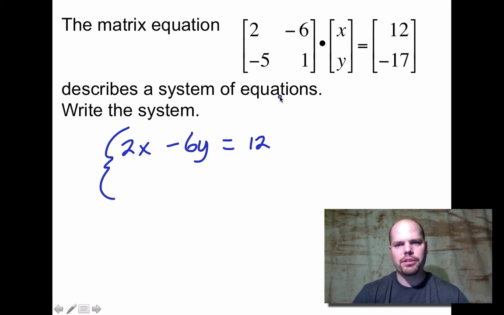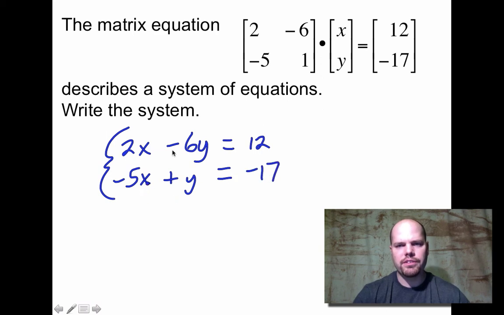So we see what we're going to do is multiply rows by columns and the corresponding entries in each. So 2 times the x, then negative 6 times the y. Now on the bottom one, negative 5 times the x, so the first entry in the second row with the first entry in the first column. So we go rows by columns. It's going to be negative 5x plus 1y